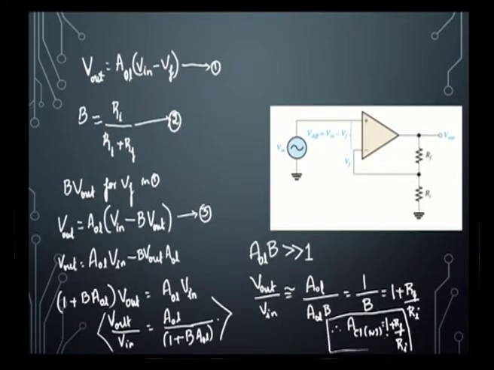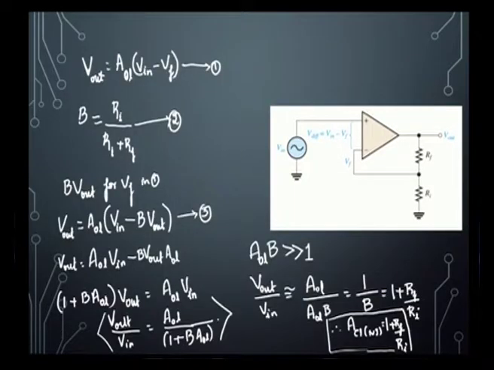This is the formula for finding the closed loop gain of a non inverting amplifier, that is 1 plus RF divided by RI. We can also observe from this expression that the closed loop gain does not depend on the output voltage or input voltage. It purely depends on these two resistor values. By changing these two resistor values, we can control the gain of a non-inverting amplifier, as we discussed in the previous session.